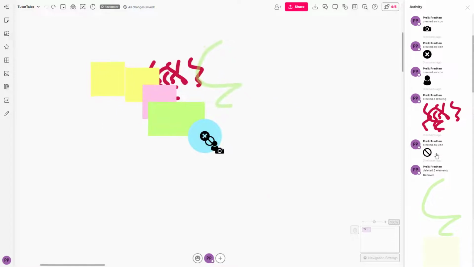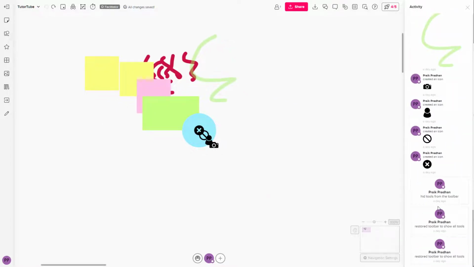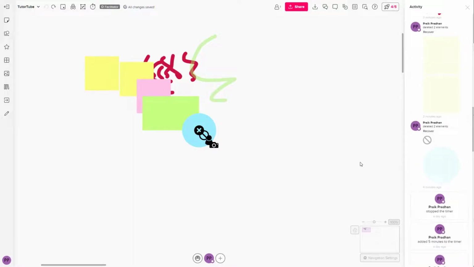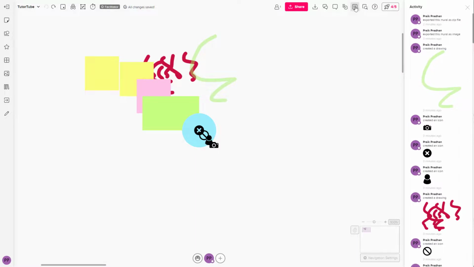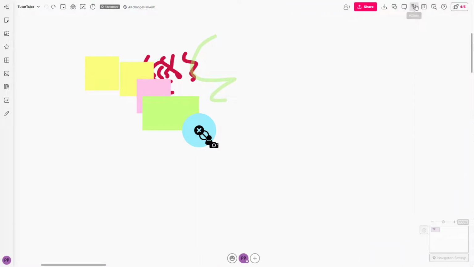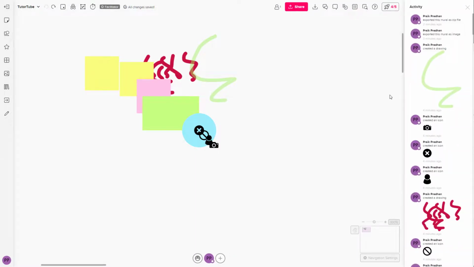You can go over here and see that I actually recovered this out. So I created an icon right here. So especially when you have multiple users working with the mural file, then you will be able to see all of the details right here. So if other members were to make any changes, they'll be able to see it in the activity. And as you click, you can show and hide the activity, as you can see right here. So that is how you can work with activity and see the history of a file